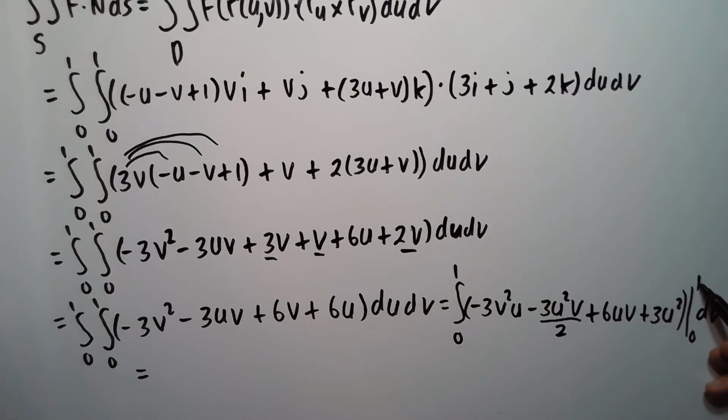Now we'll put 1 in place of u here, here, and here, and put 0 and it will disappear. So doing that, we get